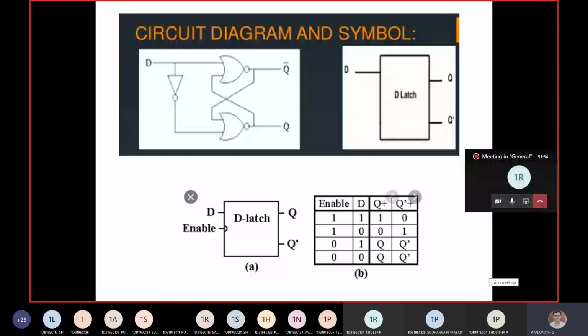No one got it? Okay, just listen now. See, I am giving D as 0. This 0 comes straight away to this first NOR gate. Agree? Yes or no? Is it coming straight away? Yes or no? Yes, sir. So, if this inverter is not there, the same 0 will come. Right or wrong?